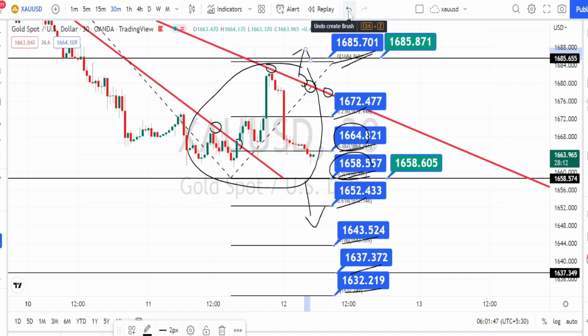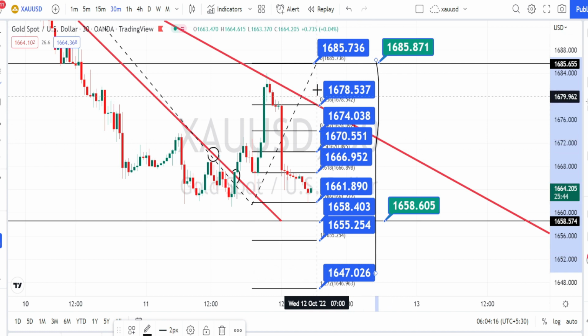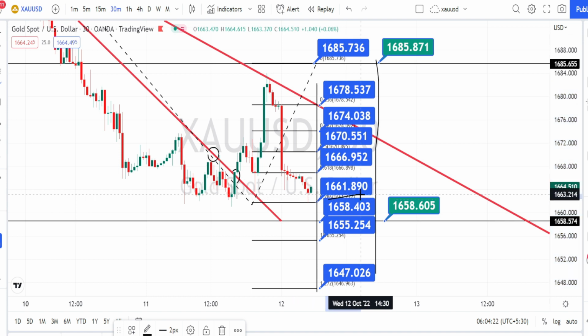Let us mark the support and resistance levels for 15 minutes time frame. So the values within these blue color boxes are the resistance and support levels for current price action in 15 minutes time frame. Currently the price action is trading between the support level of 1661 and resistance level of 1666. And if the price action breaks this resistance level, next level of resistance is going to be around 1670, 1674, 1678 and 1685. And if the price action breaks the support level of 1661, next level of support is going to be around 1658, 1655 and